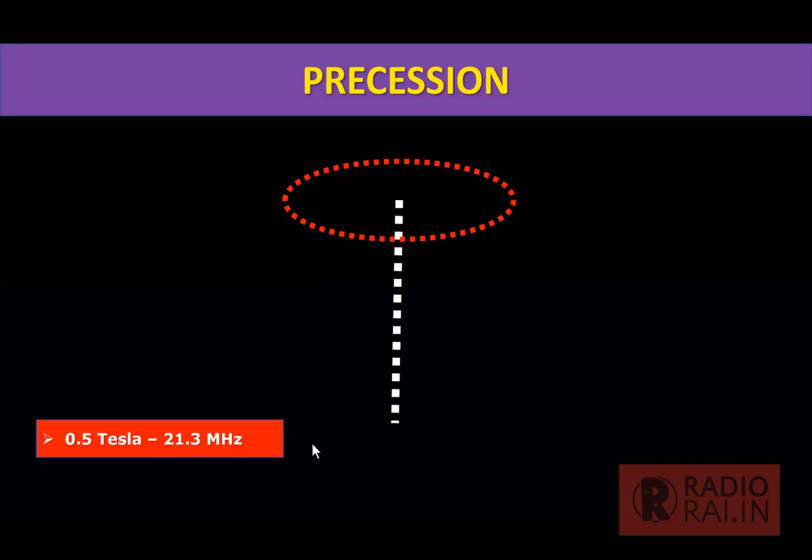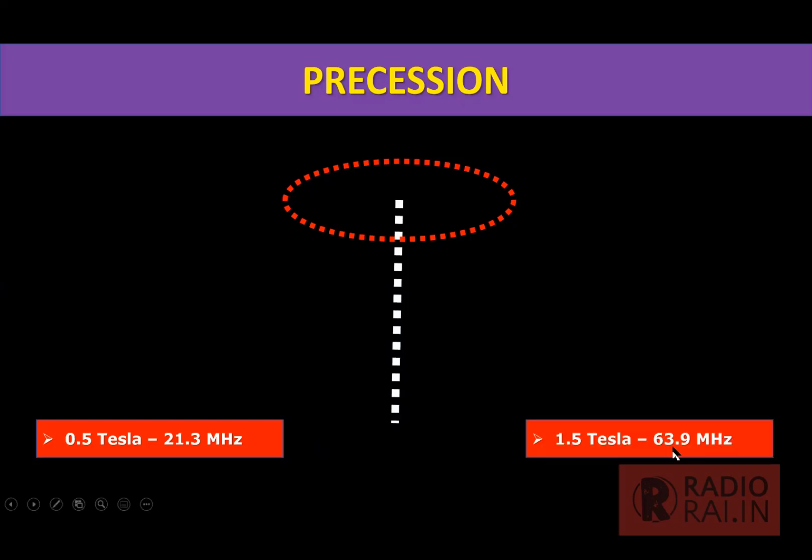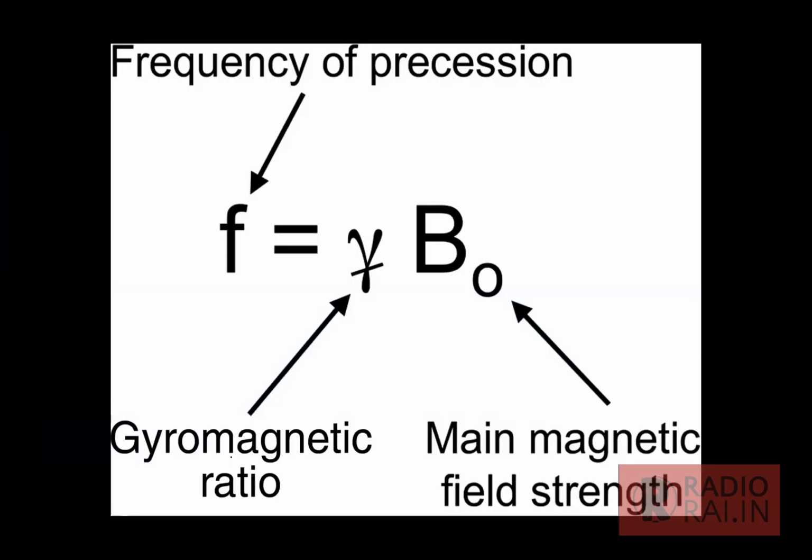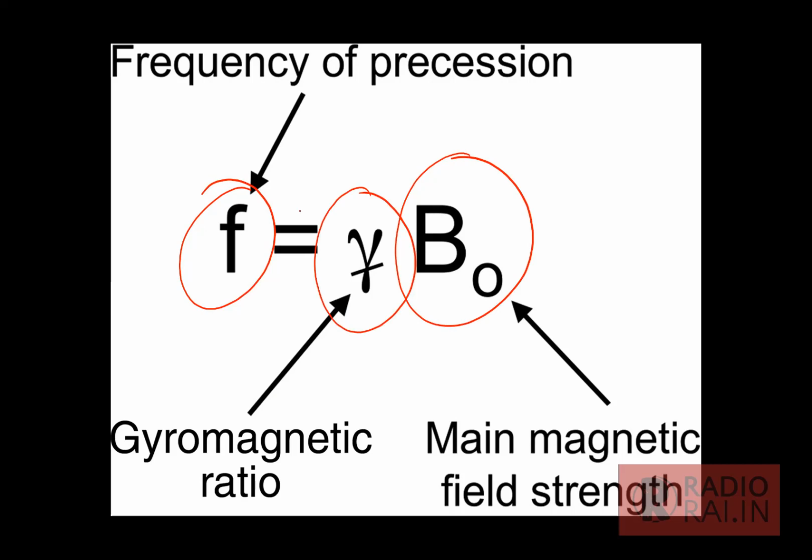But if I use a 1.5 Tesla MRI, then there will be 63.9 megahertz. So it was smaller here. As I increase the magnetic field, the precession also increases. So precession is directly proportional to the magnetic field. So we know that the frequency of precession is directly proportional to the magnetic field, and to remove the proportionality,